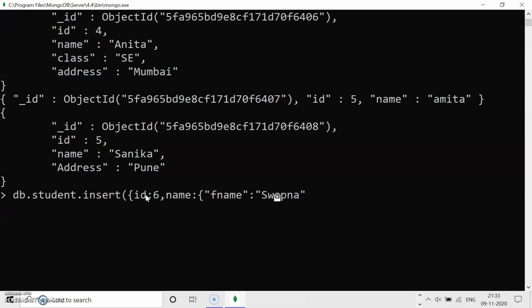It is a string data type, so it should be in double quotes, comma, lname Sharma. I can take lname and fname in double quotes; if I don't, it will still be accepted. So this is my embedded document, right?